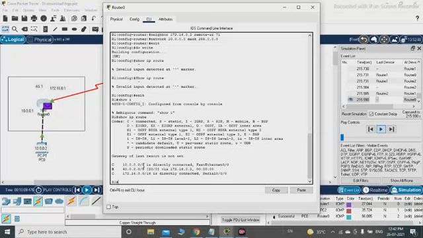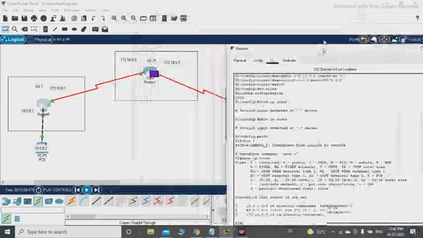Let us see the gateway, directly connected with FastEthernet 0, and the B route with the subnet of 8 for 40.0.0.0 via these two different IPs. And then the C gateway is 172.16.0.0 with the subnet of 16, which is directly connected to the serial interface. This one we can infer from here.